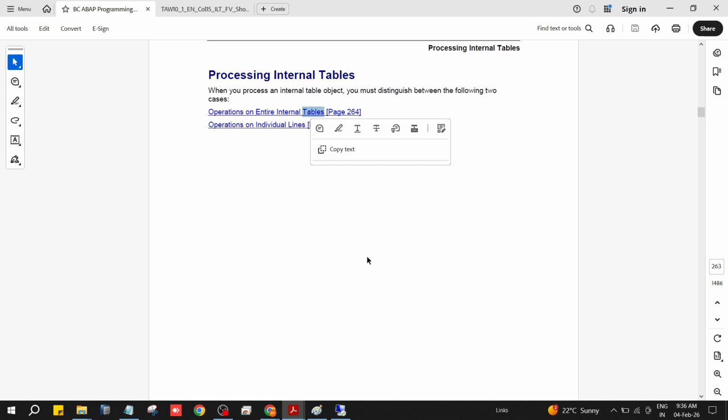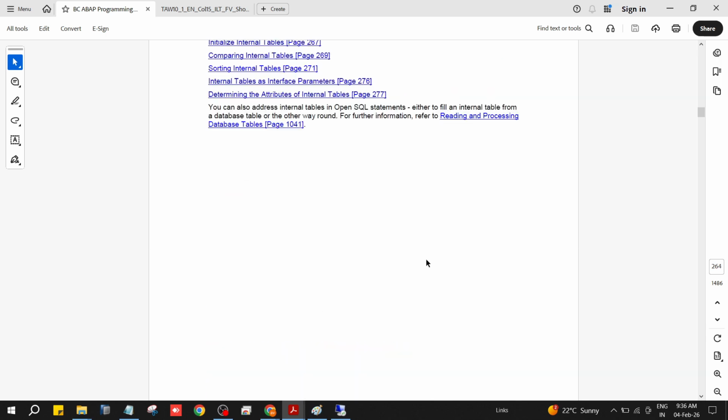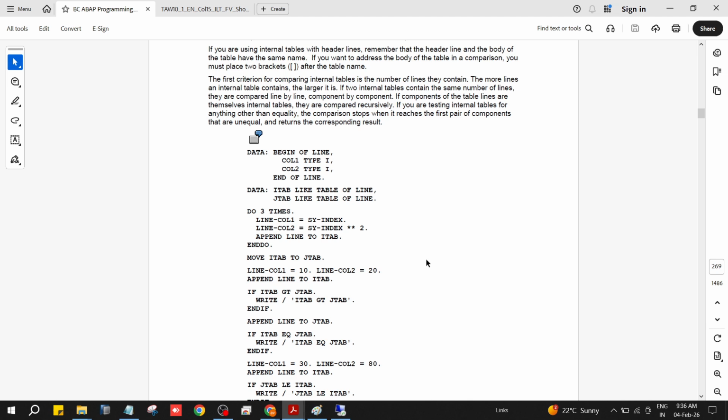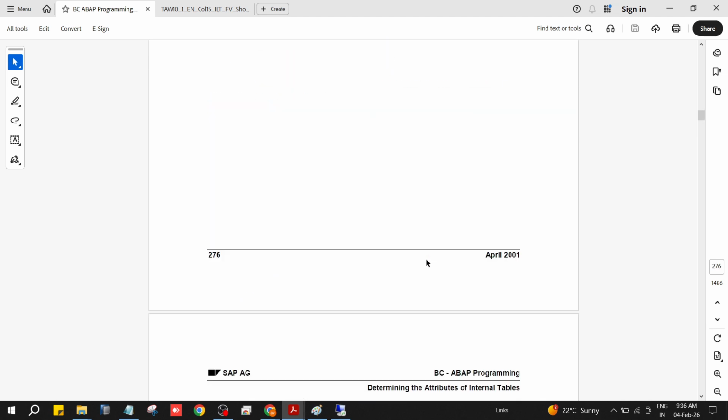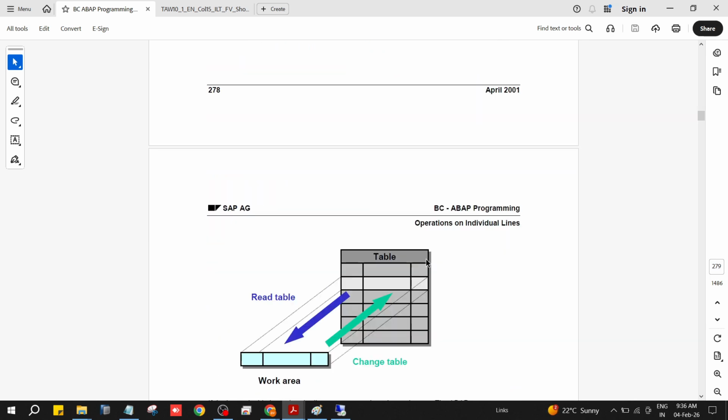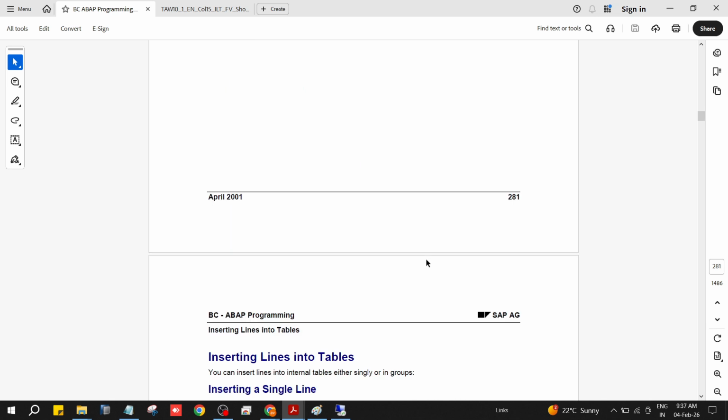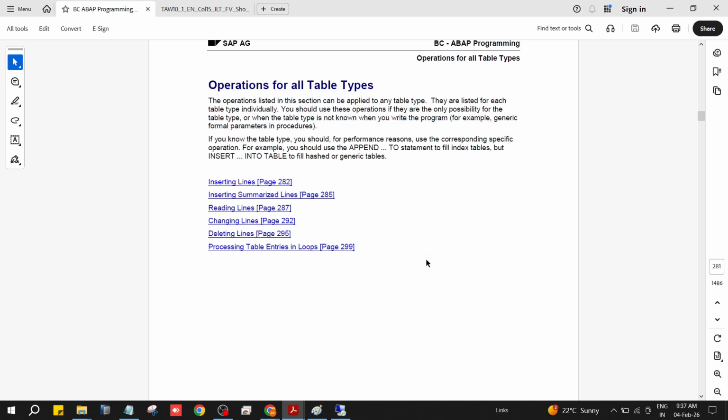We will go back to other stuff. Pairing, sorting. We should not give the right. So this is your inserting lines. So there is, here it is